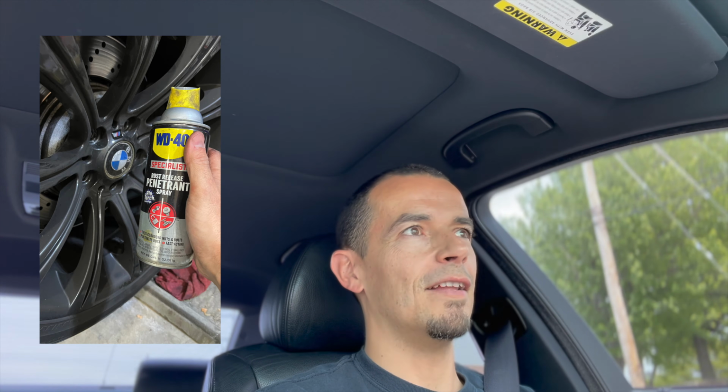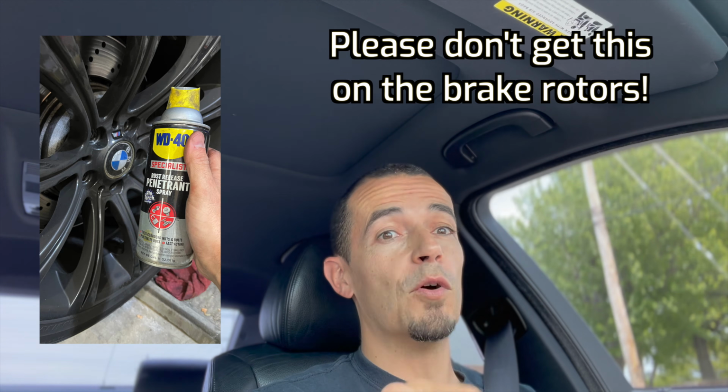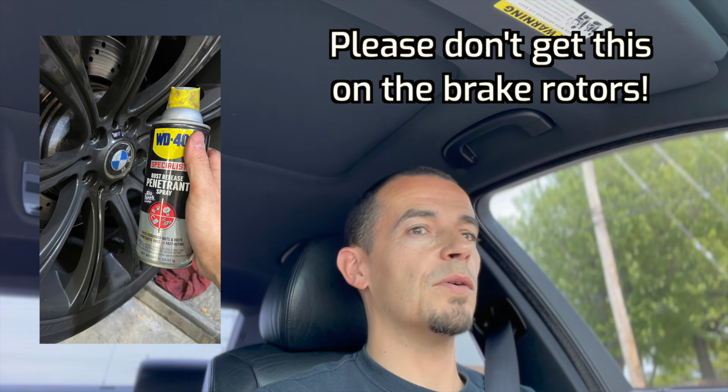So what I did on this one was I tried some WD-40 rust penetrating specialist oil, and it was amazing. I literally just squirted it on, a very, very small amount in between the wheel and the hub. So I just squirted it on, left it sitting for a couple of minutes, came back and literally touched it and the wheel fell off. Well, not literally falling off because I had a bolt in there, but the wheel did actually come off away